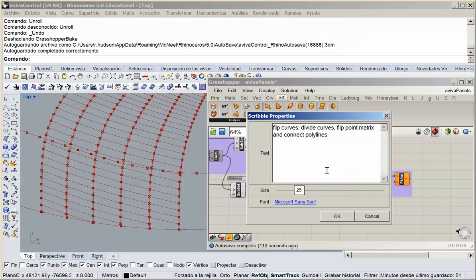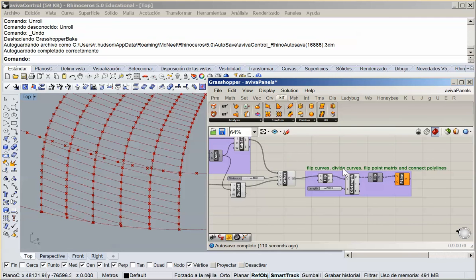So a nice long description, and I'm going to add that into the group. So right click, add, save my file, and